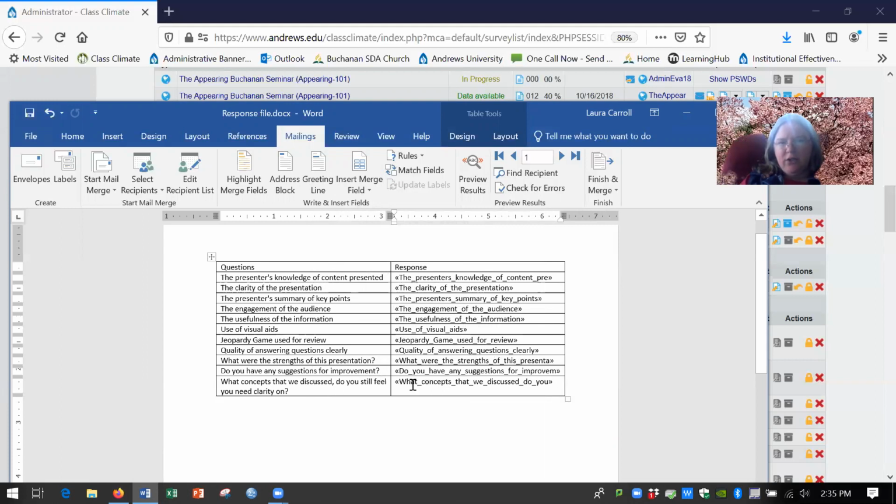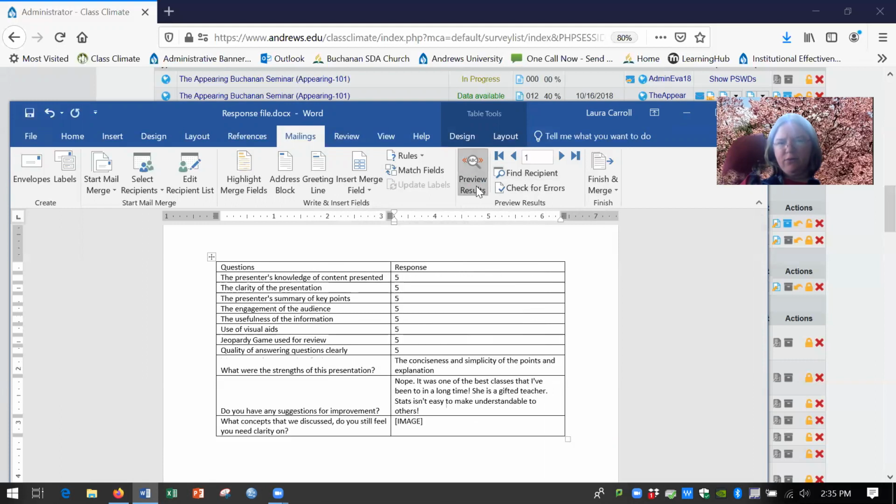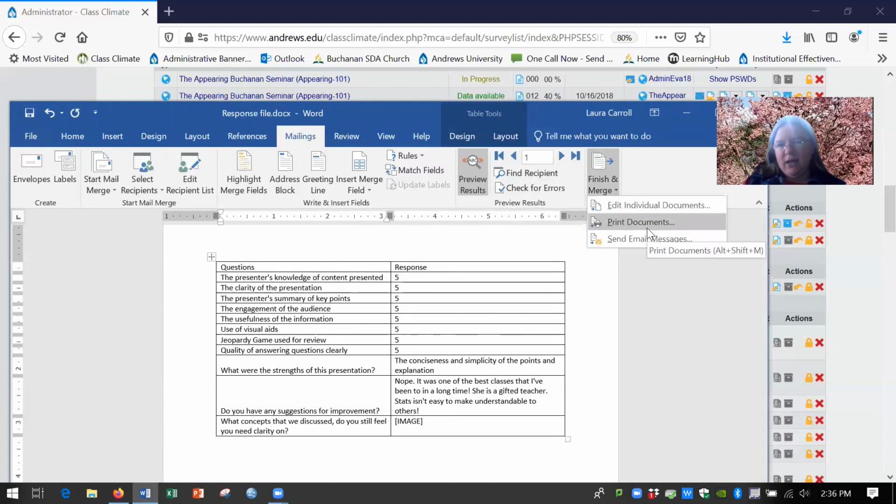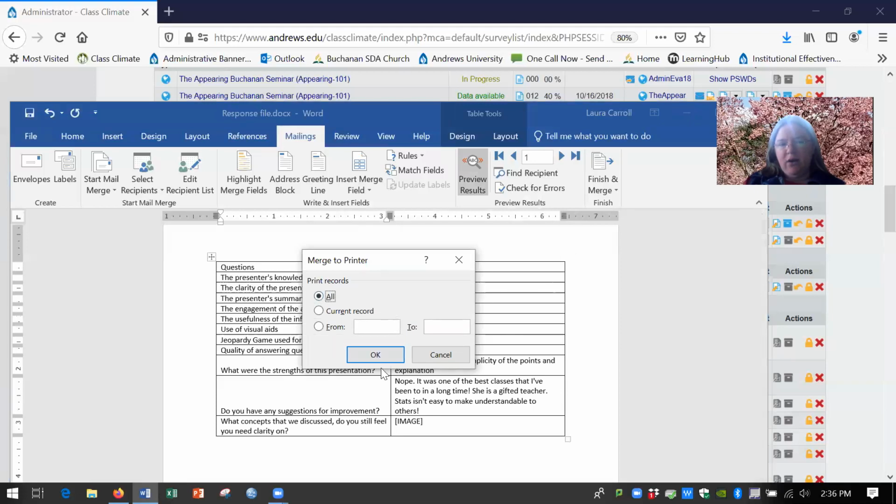So now what you're going to do is you can click on preview results. And so now it's giving you the results per person. So if your data has the person's name in it, you're going to see their response for their name right here at the top, because that will be one of your questions. And so these results don't have a name, but this is the response for just one person. And then if you wanted to have a document that has all of them, you go to print document and you say all, and you click